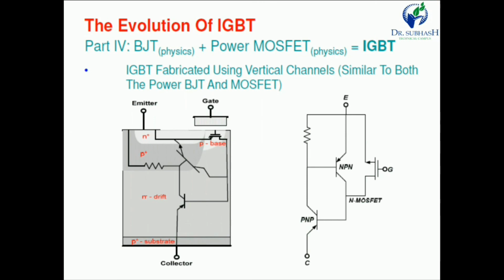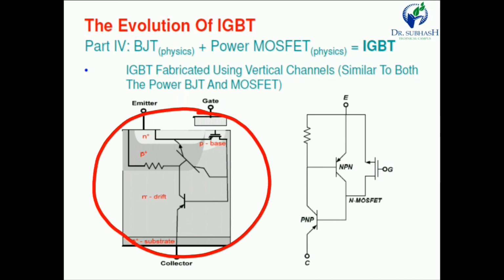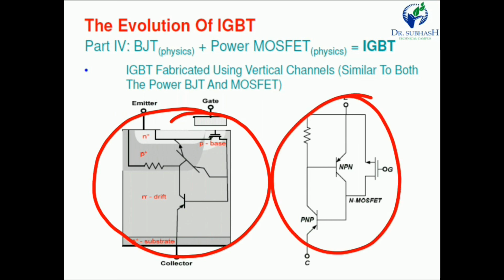Now, this is the basic construction showing the evolution of BJT as well as MOSFET. We can say that the IGBT is fabricated using a vertical channel, similar to both the BJT and MOSFET. This is the vertical construction, and using it we can design the structure of the IGBT. So we can easily modify our voltage and current. Okay friends, this one is about the